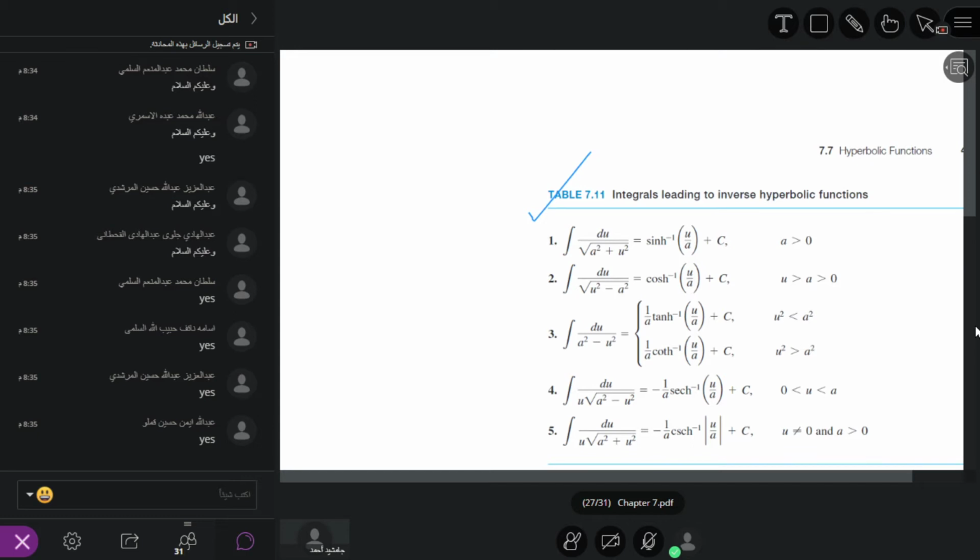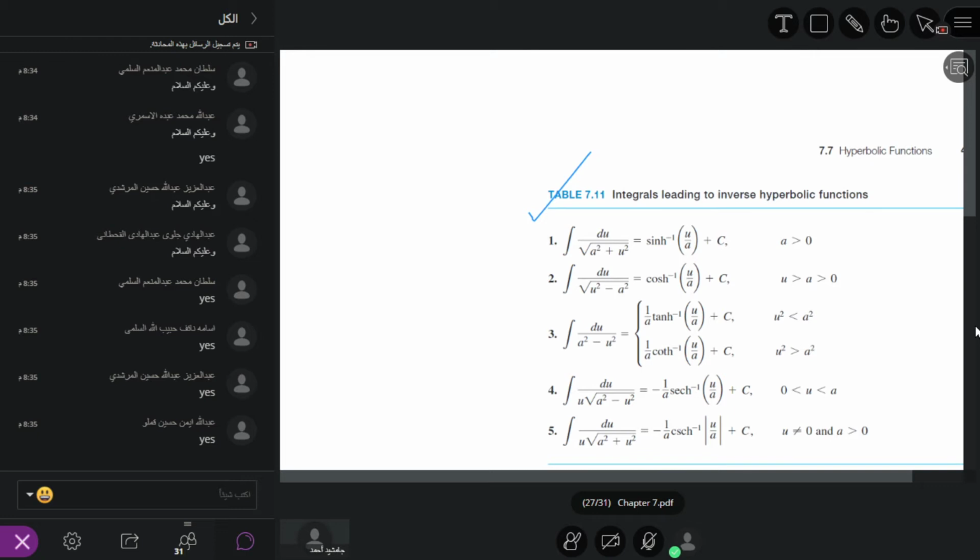After that, we discussed cotangent hyperbolic inverse x, which is 1 by 2 log natural of x plus 1 divided by x minus 1. Similarly, we find the sec hyperbolic inverse x and the cosec hyperbolic inverse x. And in the last class, we discussed the derivative of sine hyperbolic inverse x, derivative of cosine hyperbolic inverse x.